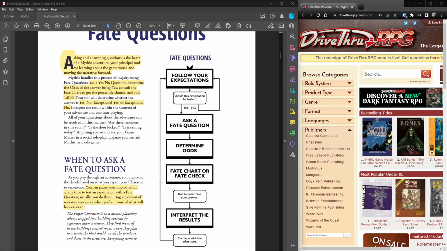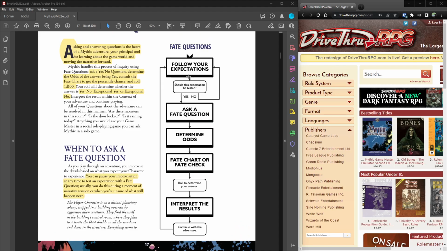So let's see, we are at 13. Yeah, we'll do a little more real quick here. These flowcharts are nice. It's kind of common sense, but